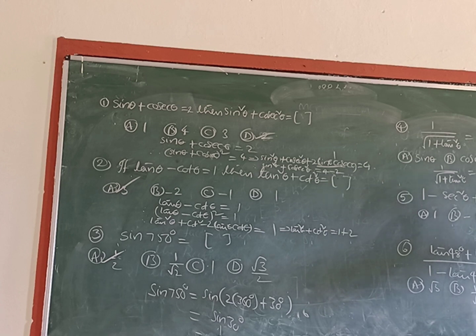Next question, 1 minus secant square theta plus tan square theta minus cot square theta plus cosecant square theta. So 1 plus tan square theta is equal to secant square theta. Secant square theta minus secant square theta, and when you observe the last two terms, cosecant square theta minus cot square theta, this is the third trigonometric identity. Cosecant square theta minus cot square theta is 1. So secant square gets cancelled. 0 plus 1 is equal to 1. Option is A.